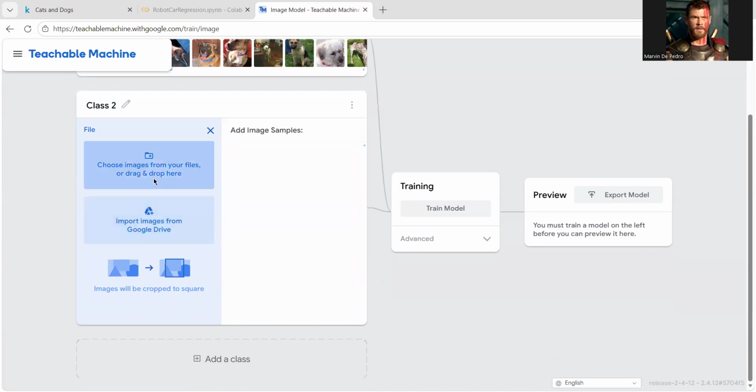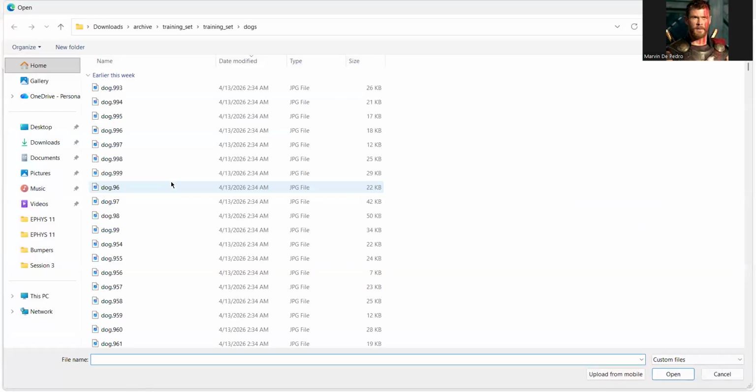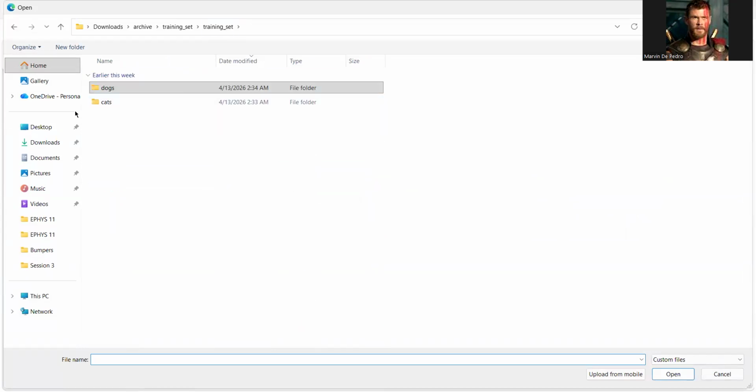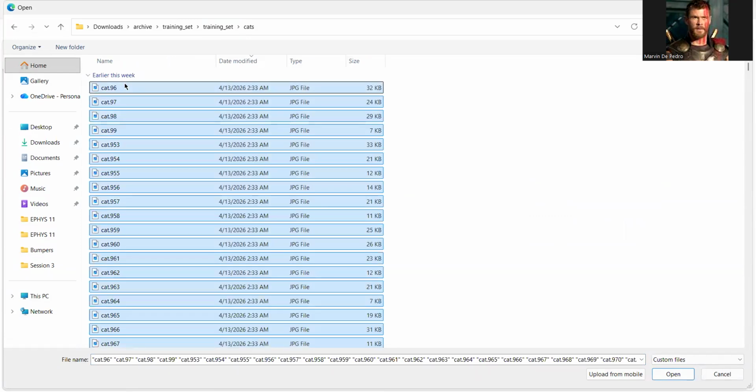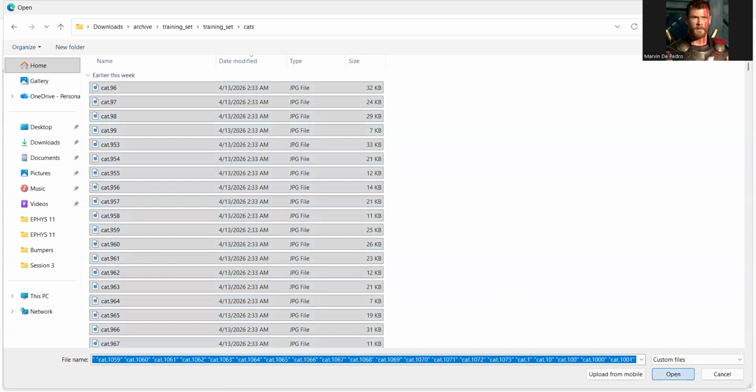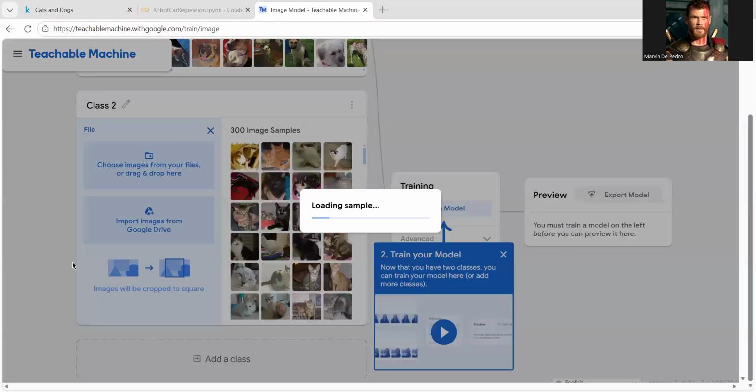Okay, import from my device, the one that I downloaded from Kaggle.com. Okay, so we have all this data. If you can see my window, okay, so we have our cats this time. So we have different images being uploaded right now.